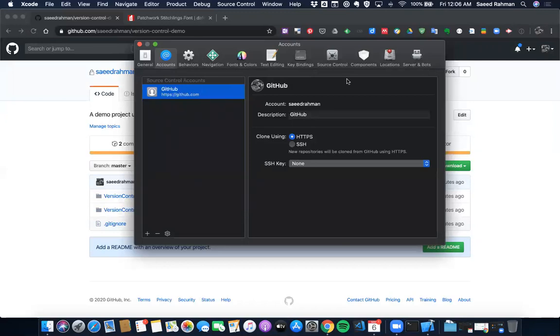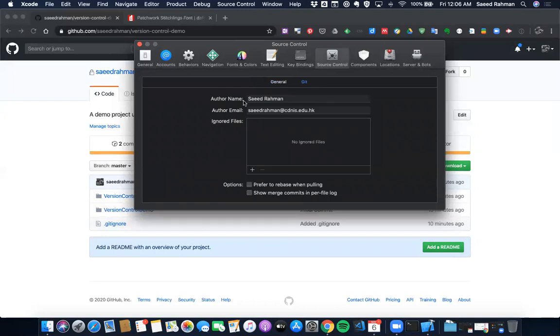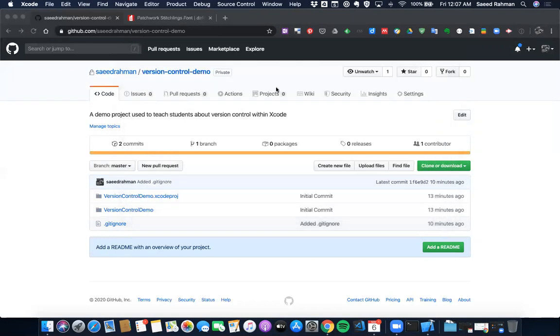account here. The next thing you need to do is under source control, if you click on Git, just make sure that your author name and your author email address is correct. Once you've done that, there is no save button here. Once you've added the details here and you've configured the account, you can close this window. Okay, so the next thing I want to show you is this